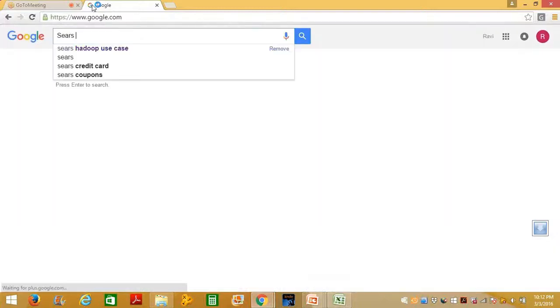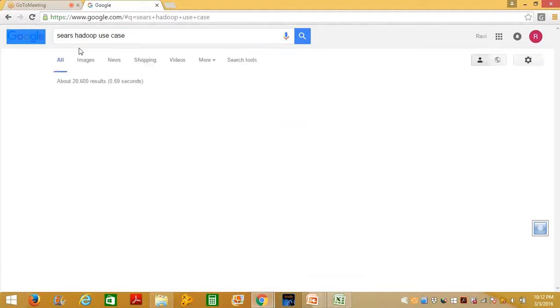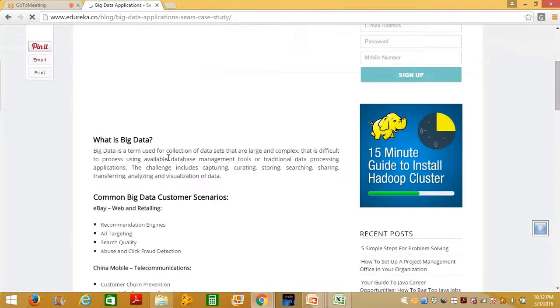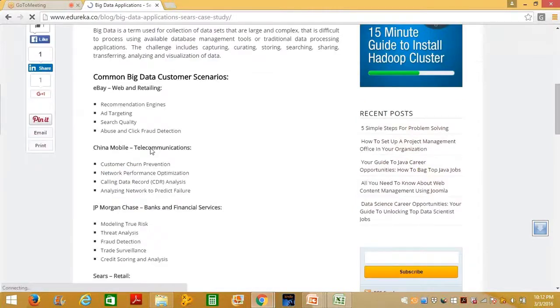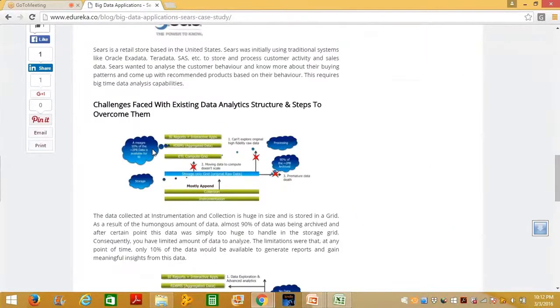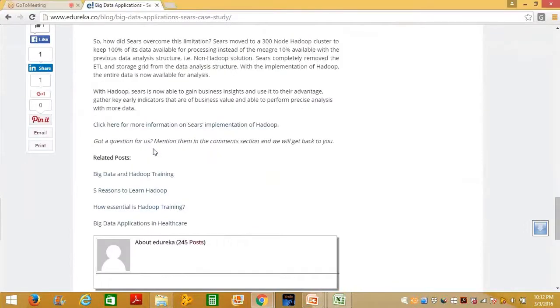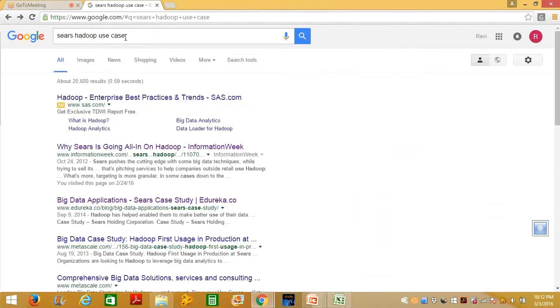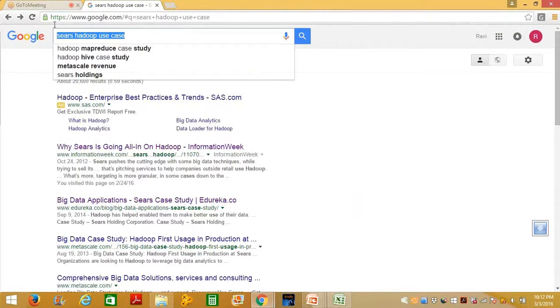Here's the Hadoop use case, then you'll be able to understand what exactly Hadoop does. This is a big data implementation case study. This will really help you see what has been done, what the scenarios are, how exactly this has helped with respect to big data, what challenges they have faced, and what cluster they have used. The other thing you can see is how Hadoop has helped people